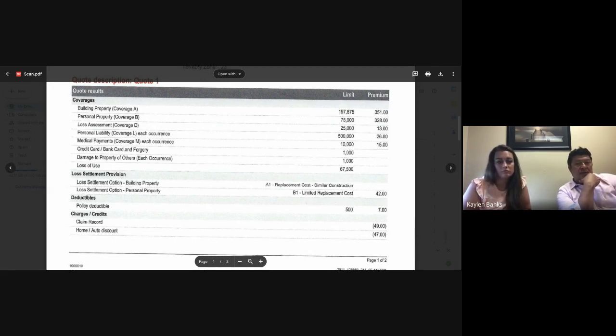The last coverage I think is unbelievably important is that medical coverage. Medical coverage on the condo, very inexpensive. $10,000 worth of coverage is the most the insurance company offers. It's third-party coverage. So if Gene's over at my house having cocktails and Gene falls down and bumps his head and it was just a sheer accident, I can offer that $10,000 worth of coverage to Gene so that he can go ahead and get his medical bills paid and go get looked at. If Gene doesn't have health insurance,